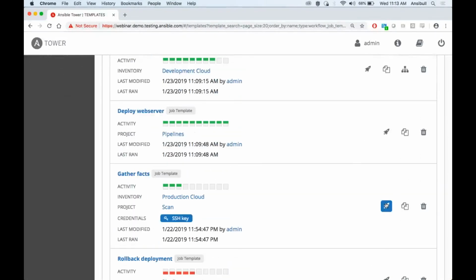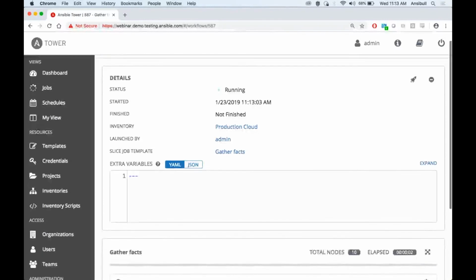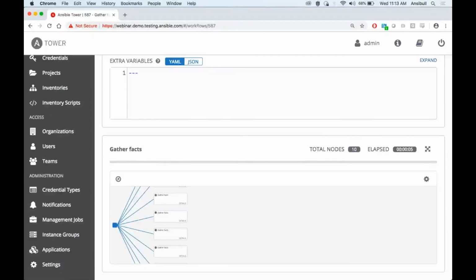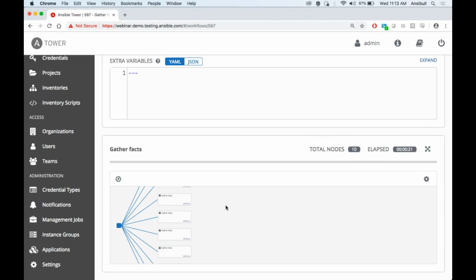So apologies, going back to this job. Now, if I'm going to launch my fact gathering, what you'll notice is that this actually is a workflow in miniature scale. It takes what is just your standard job, which is a single playbook run, and splits it into a workflow of 10 different job slices that are all going to run before it's finished. Just like any other job, you can pass any prompting or configuration that you need to this. You can include it as part of a workflow, but it allows you to spread this job across your cluster